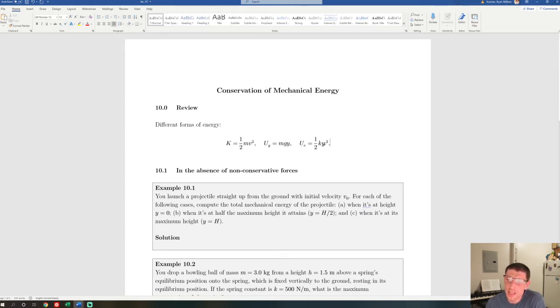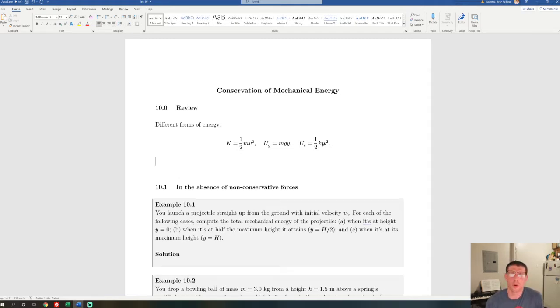However, the equilibrium position of a spring, assuming it's fixed in some position, is always going to be uniquely defined, right? We don't have the freedom to say the equilibrium position of a spring is wherever we want it to be, and that's the big reason for this notational difference here. Anyway,